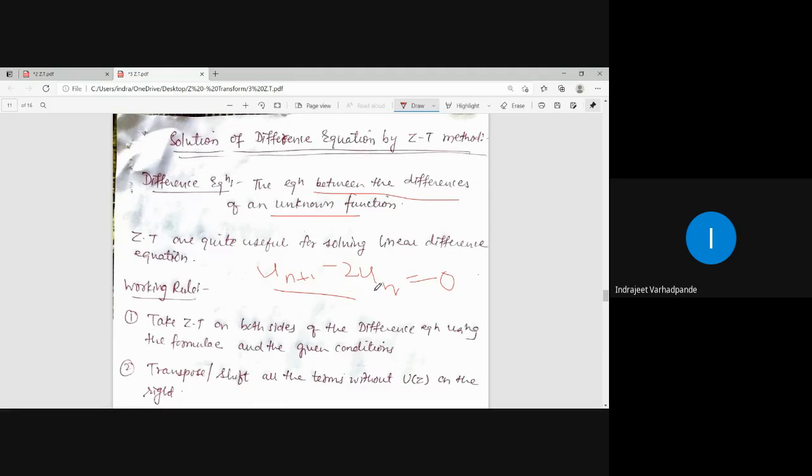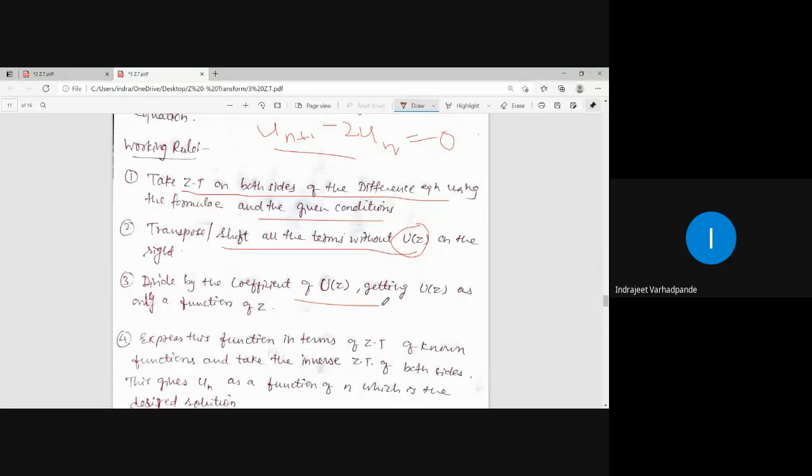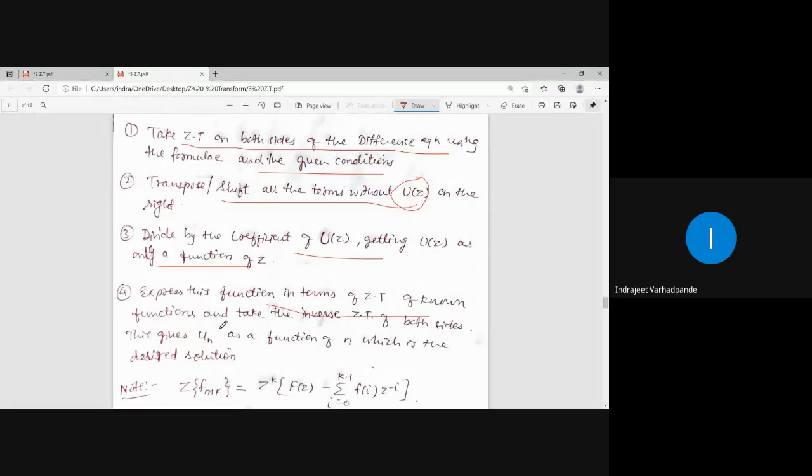What is the working rule? The working rule is: take Z transform on both sides using the formula and apply the given condition. Transfer or transpose all the other terms without u of z to the other side, that is the right hand side. Divide by the coefficient so that your u of z is only a function of z. Express in terms of known functions and take the inverse so that our answer is obtained in the form of